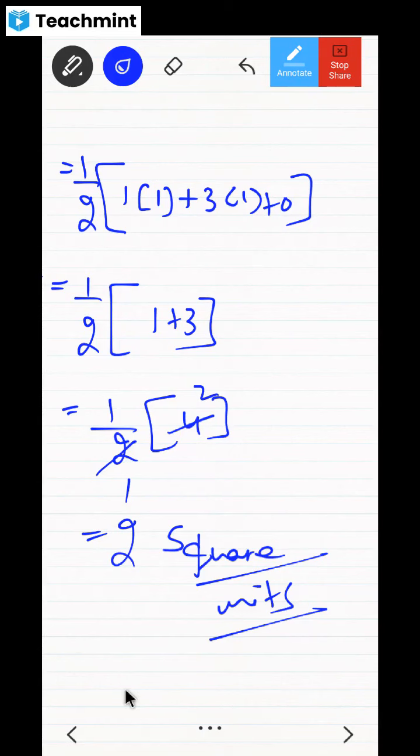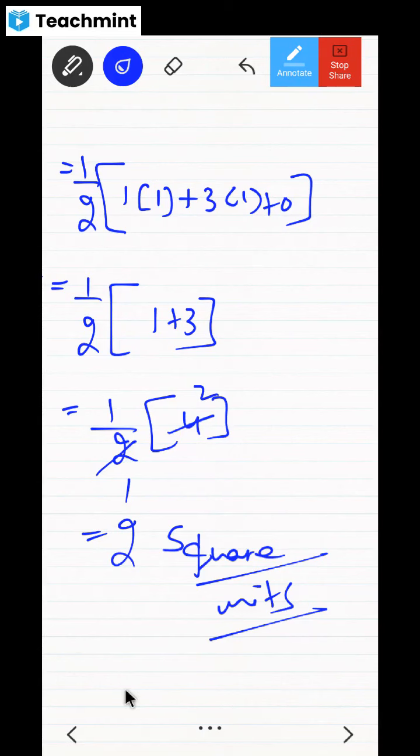Shall we do one more problem on this? Fine. So let me give you another problem. Whatever vertices I give, they are the vertices of the triangle. For example, one vertex is (1, -2). Another is (0, 4). Next one is (-3, 2). Now you find out the area of the triangle formed by these vertices.